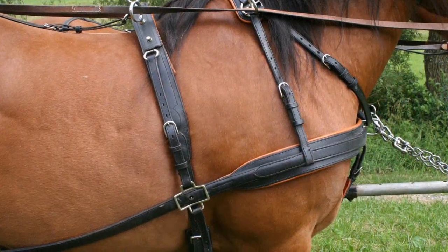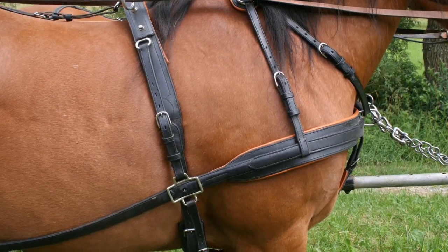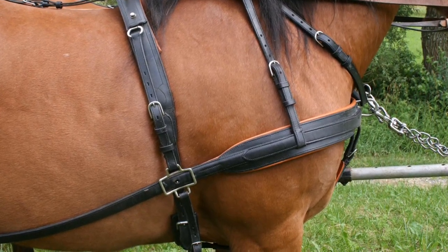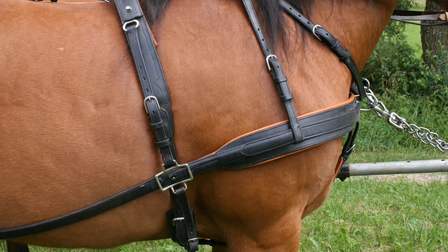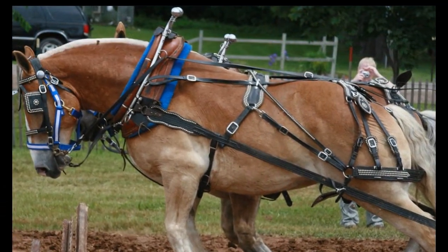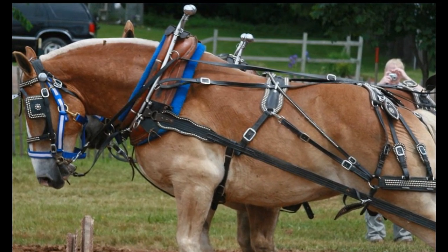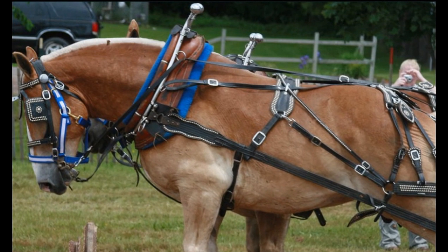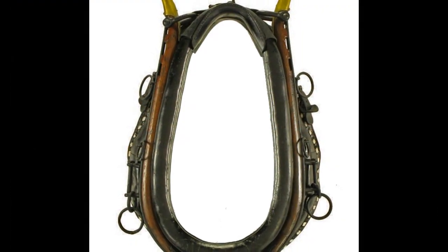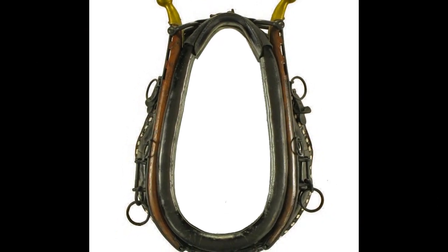The breast strap harness transfers the pulling weight to the front of the chest of the animal and thus can only be used for light work, as a heavy workload would restrict the airflow to the lungs. The collar and Hames harness places the weight of the load onto the horse or mule's shoulders. It does not apply any restriction on the air supply. For heavy hauling, the harness must include a horse collar to allow the animal to use its full weight and